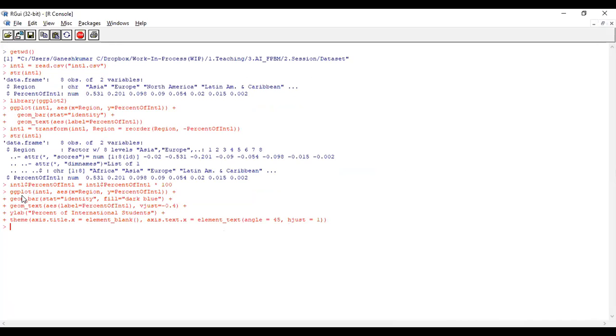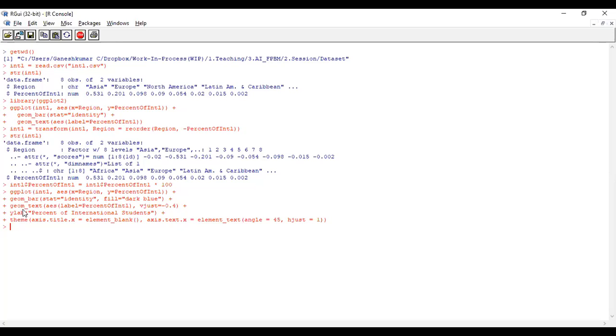In this, we are making the internal percentile, which we have done. So now we are making ggplot. Ggplot is the command. The data set name is the international data, the aesthetic x-axis is the region, the y-axis will be the percentile, plus we are using geom_bar. Stat identity means the size will be arranged based on the values, from 0 to 1. The fill is dark blue. Previously we got black color as the bar color. If you want dark red or something, you can change it. Okay, I put dark blue.